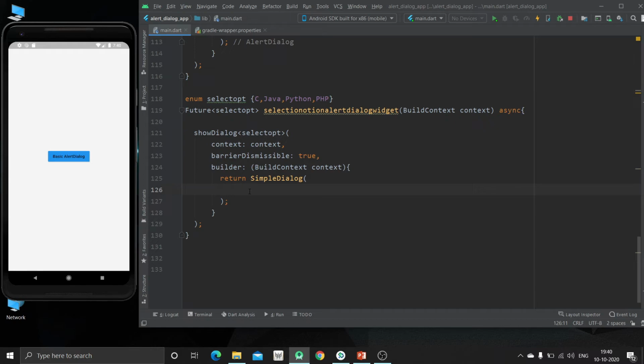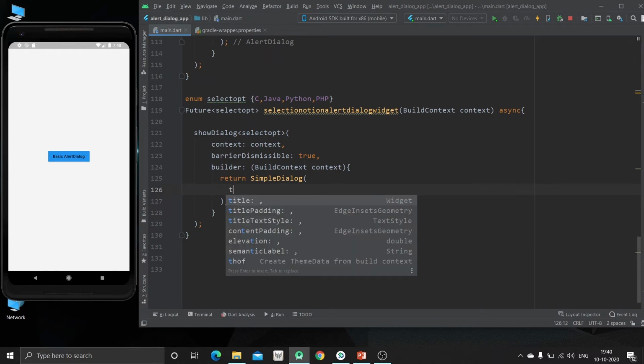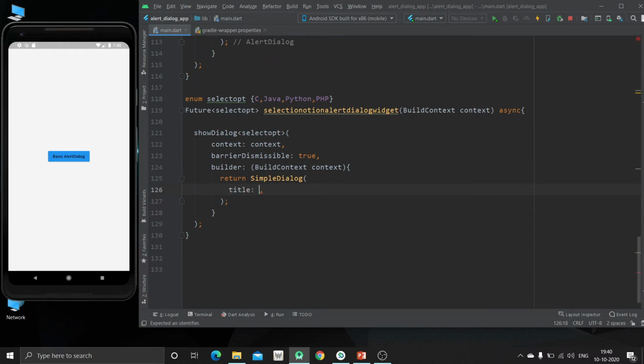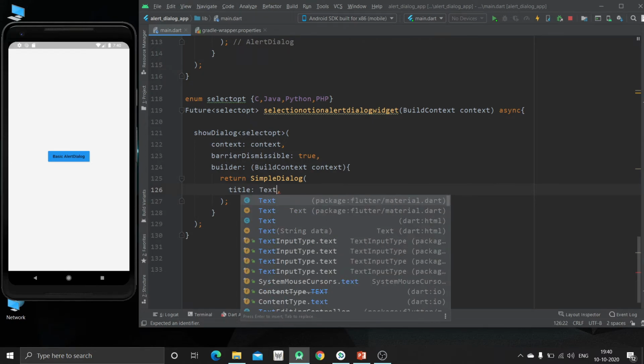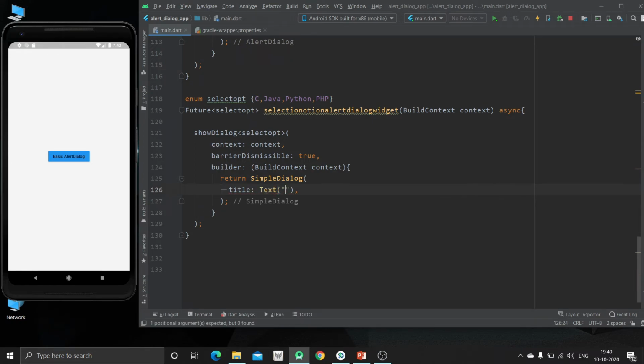So we have to use this simple dialog widget for providing a list of items to the user. So we can give some title inside the text widget, like choose any one.